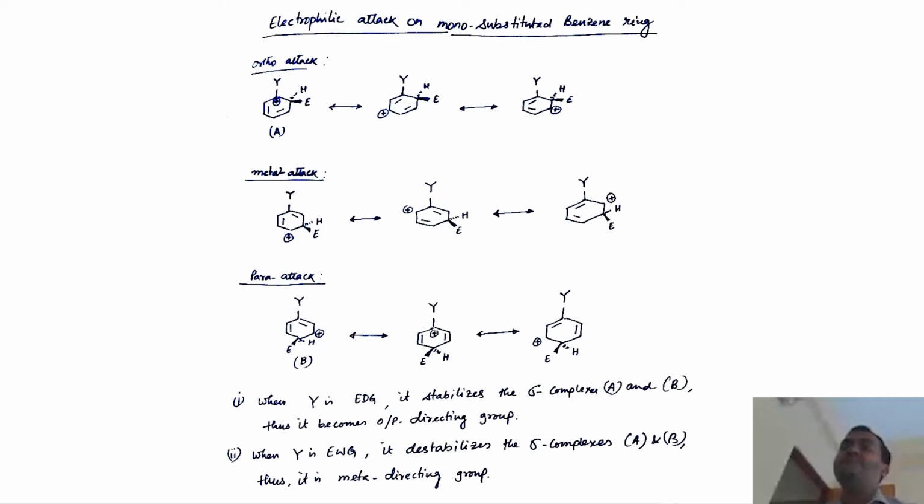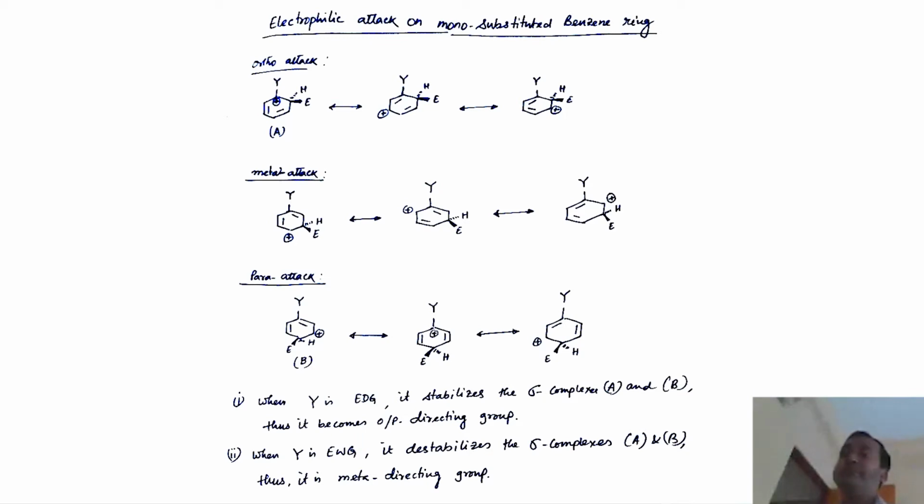Is it clear? Now, what we are doing exactly, how do you know, or let's say I give you a question, how do you initiate the analysis? As you see, for ortho, para or meta attack, what we are doing is we are basically looking at their sigma complexes, okay, the stability of the sigma complexes. And if the sigma complexes are stable, then that particular attack leads to the product, whether it is ortho para orientation or it is meta orientation.